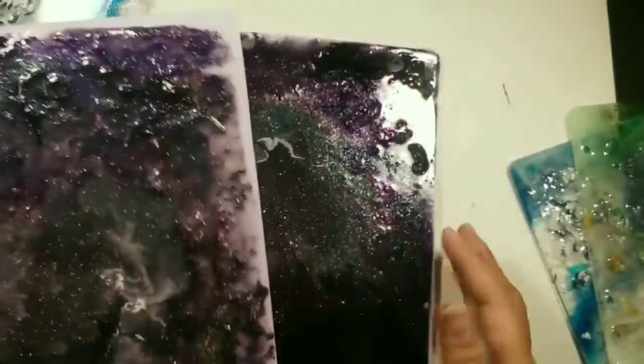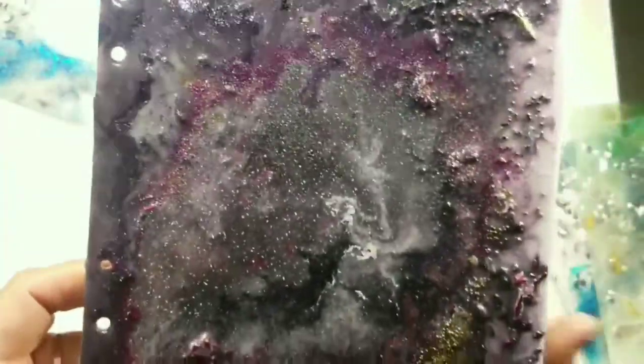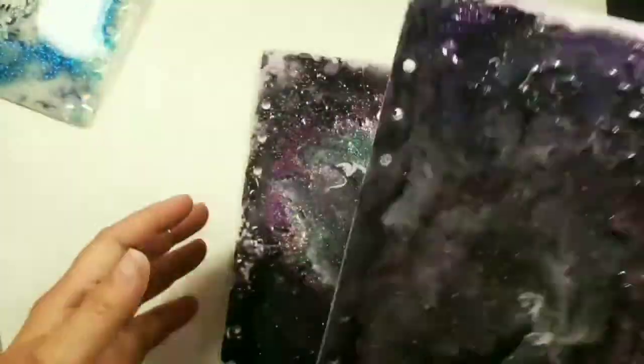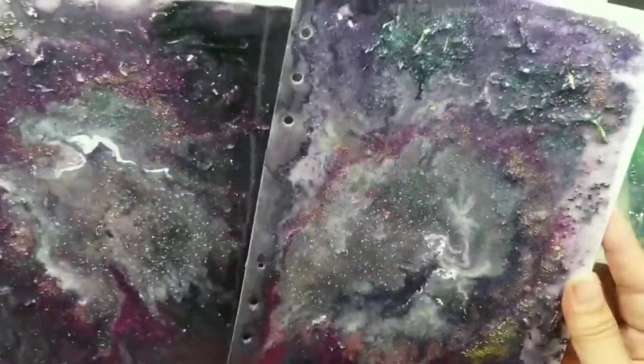And I didn't have enough in the centers, but I thought it'd be cool if I could make them kind of see-through. So you can kind of see that. But I wanted it more see-through than it turned out. But that's okay. I kind of like them though, because I like that little grunge look that they have. So they're not too bad. They're not perfect, but